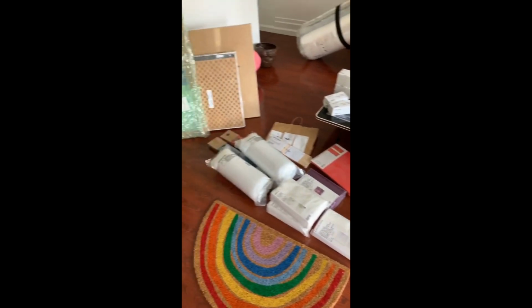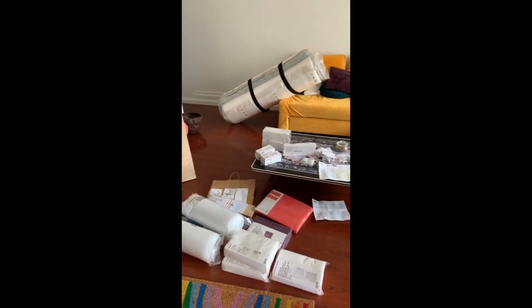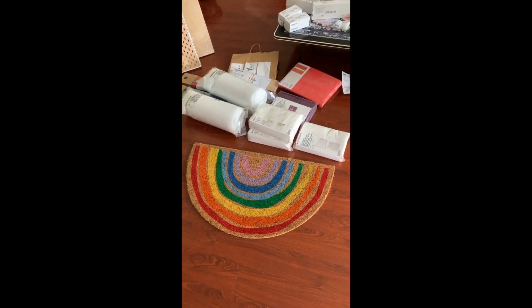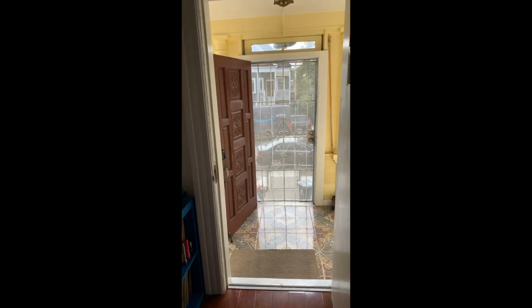So I don't see it, but I'm gonna take apart everything before I call the delivery people and say, hey, where is this thing? Oh, look how cute! Also, I think my Amazon order is also here, which is supposed to be the heart rug, and then a little special surprise for my new